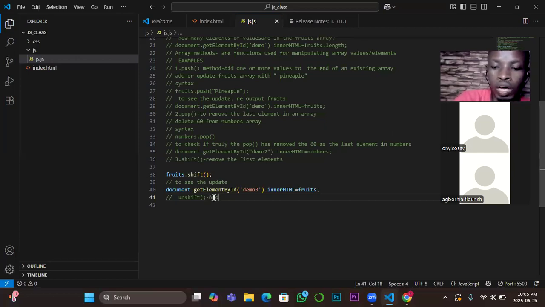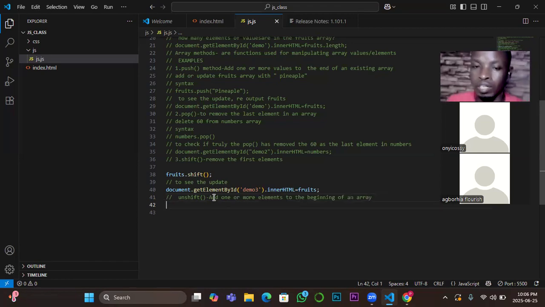So unshift is to add one or more elements to the beginning of an array. So that is like the direct opposite. So the syntax will be